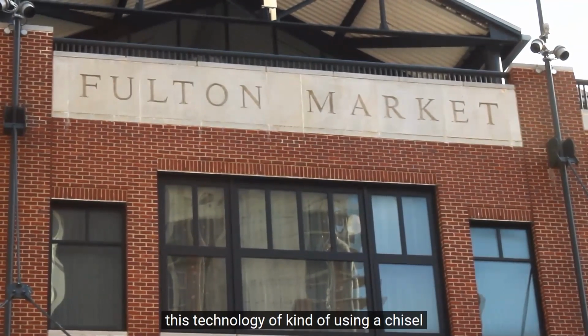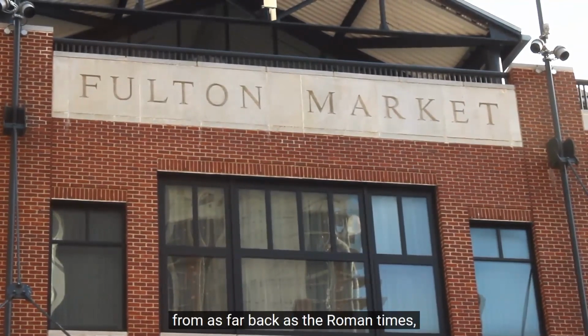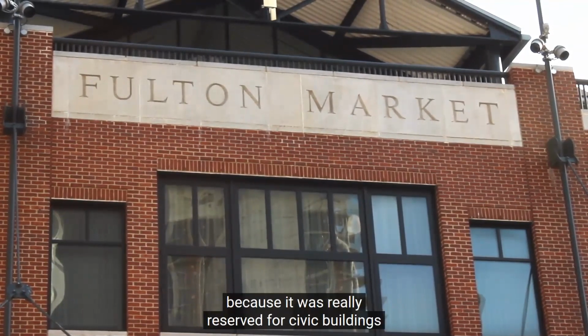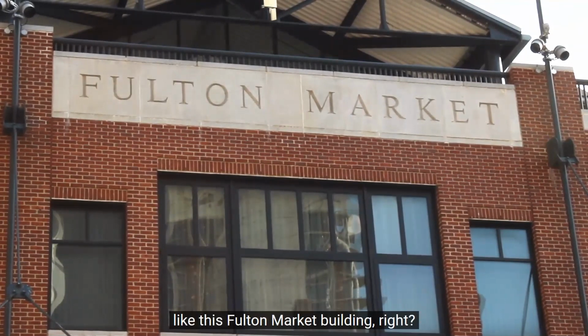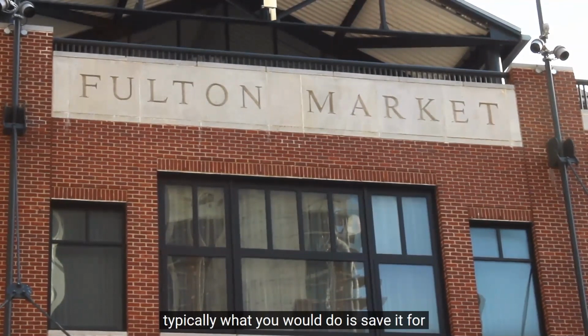This technology of using a chisel to cut letters out of stone comes to us from as far back as the Roman times, but it's a relatively rare thing that we see in the Seaport because it was really reserved for civic buildings, or buildings built by a very famous architect, or buildings that had a really distinct name, like this Fulton Market building. If you were a building that was just built to house a bunch of different businesses, typically what you would do is